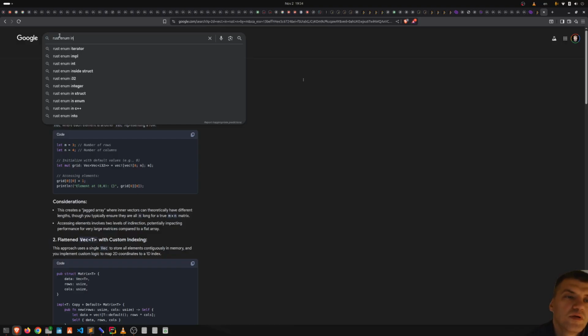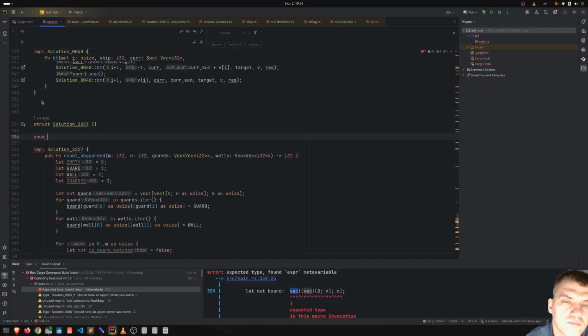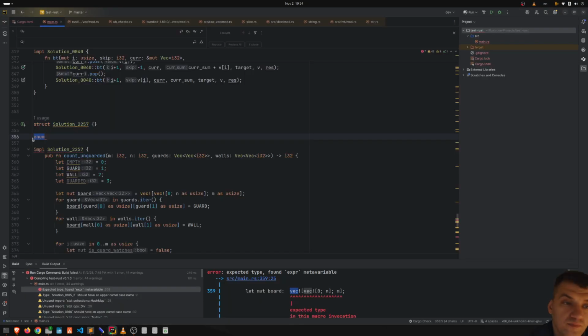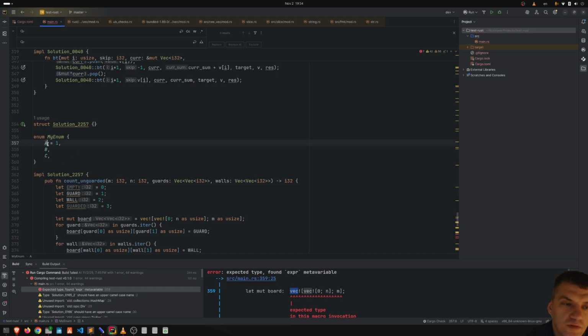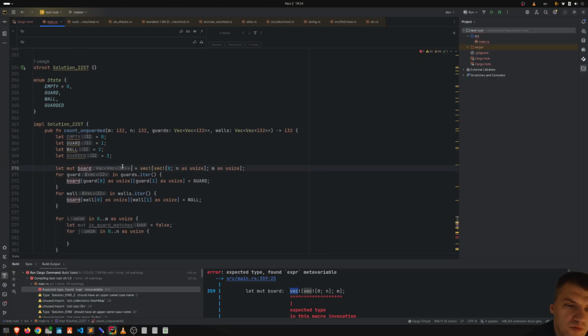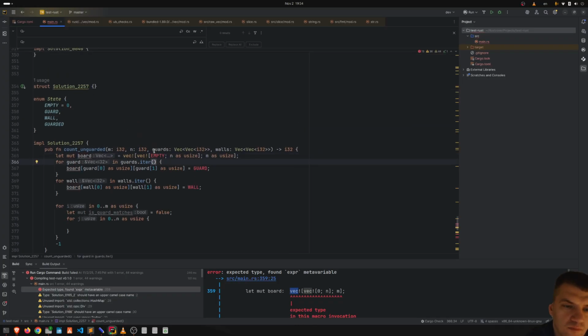To Rust and let's call it empty, hero, guard, then wall, and then guarded, then state, and then that's gonna be word of empty. So state,